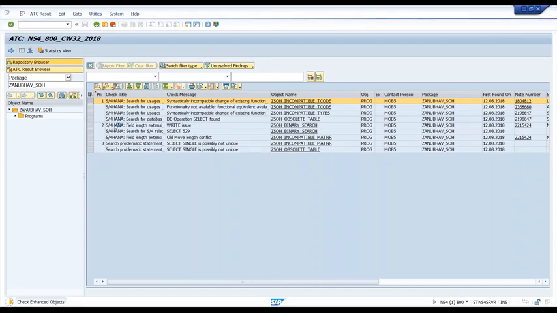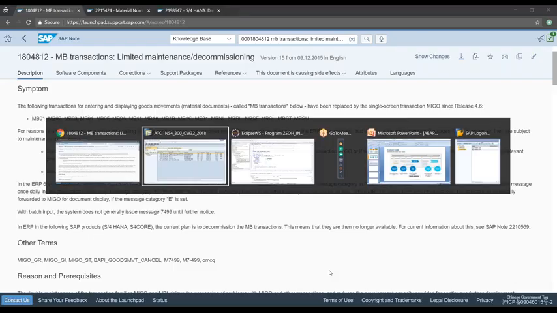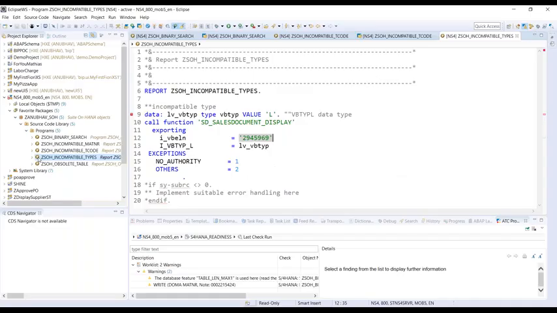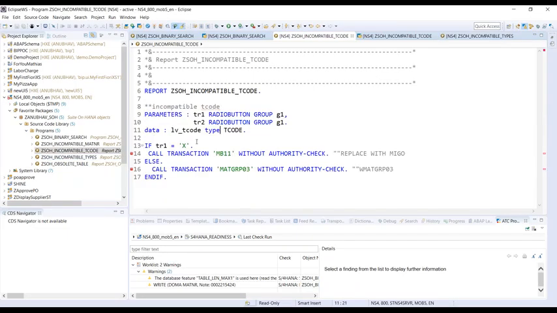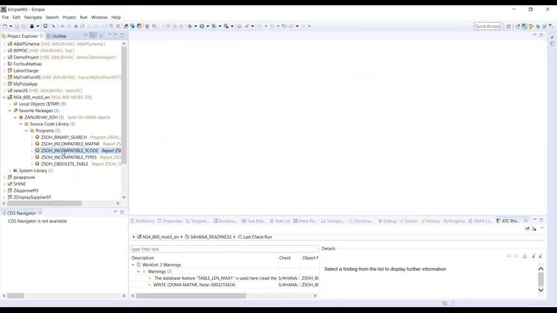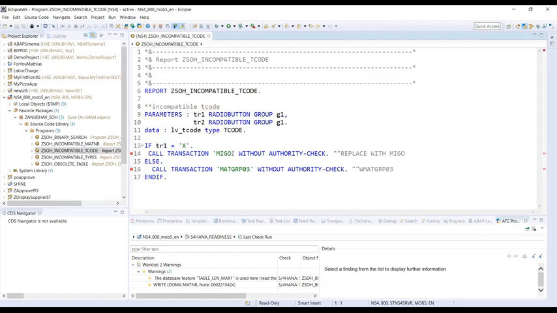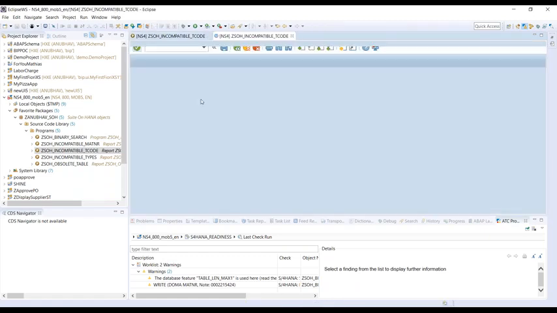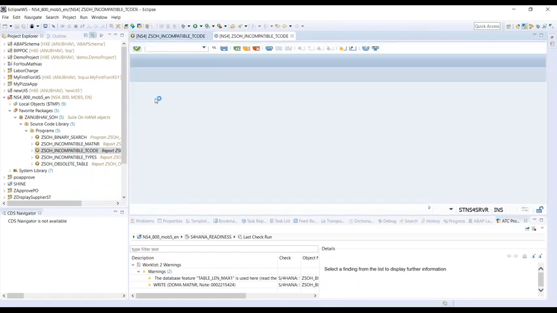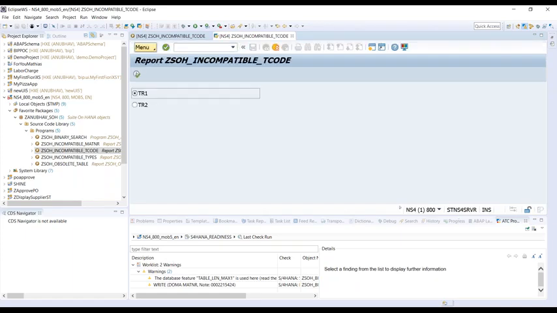In the meantime, I can run this custom program again. It was here, this one with TR1 as the option. First of all, I have to close everything, reopen, and now run this. I say option number 1. Earlier you saw an error, guys. Now I'm going to execute it again with option TR1.